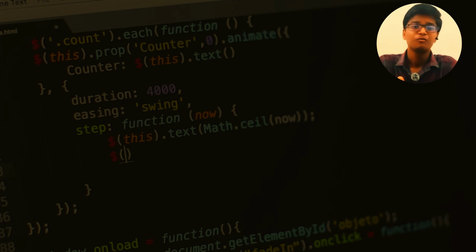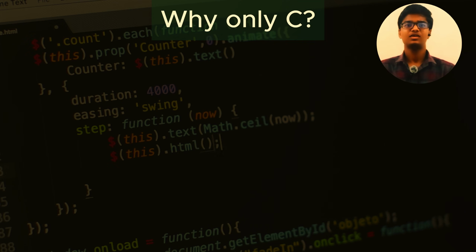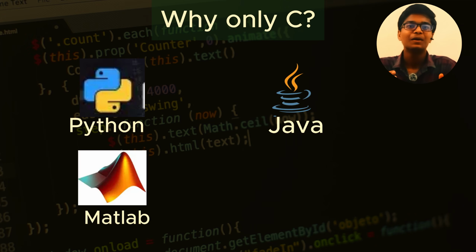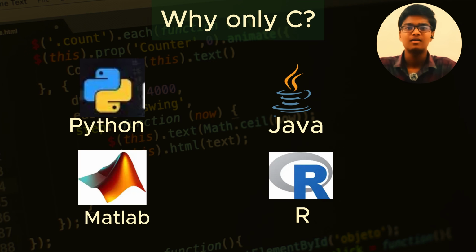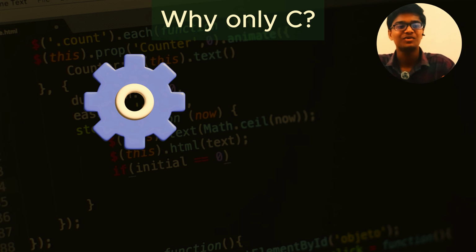Coming to the C concepts, don't you wonder why only C? Why not use more sophisticated languages like Python, Java, MATLAB, and R? But why are we using only C? Because C works close to the hardware.